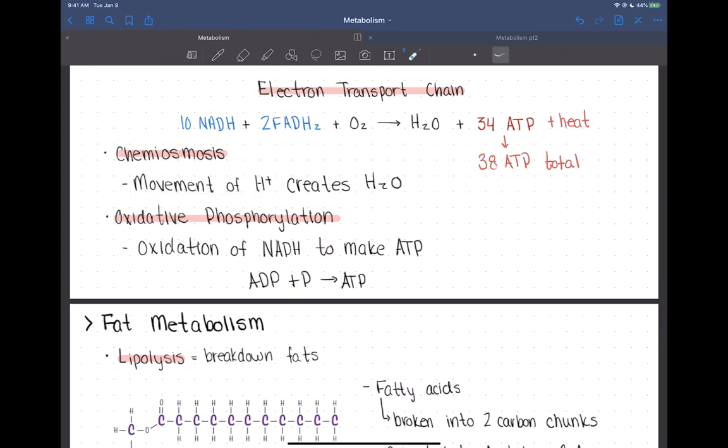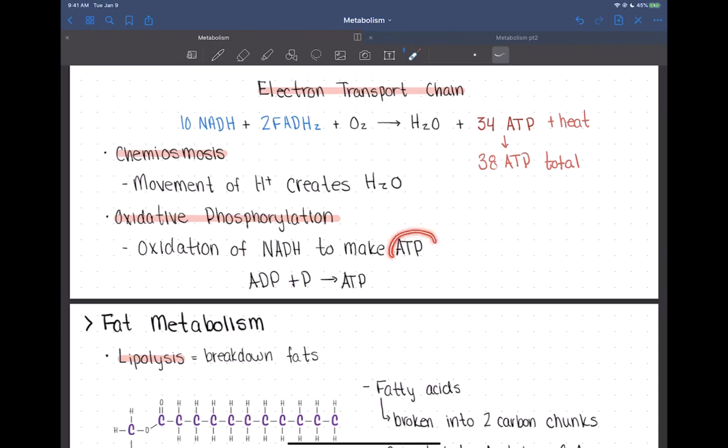Okay, and so that's actually this last process where that hydrogen moves through that ATPase and then is caught at the end by oxygen and makes water. That is chemiosmosis. And then oxidative phosphorylation is just referring to the process that oxidation of NADH or our FADH2